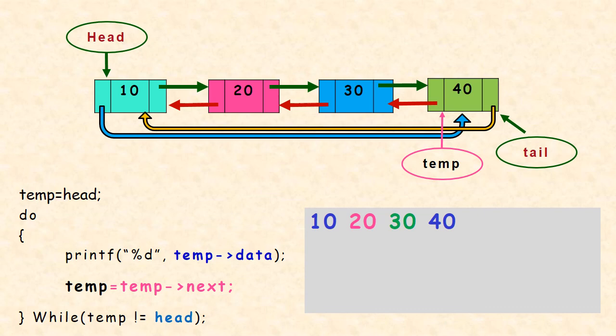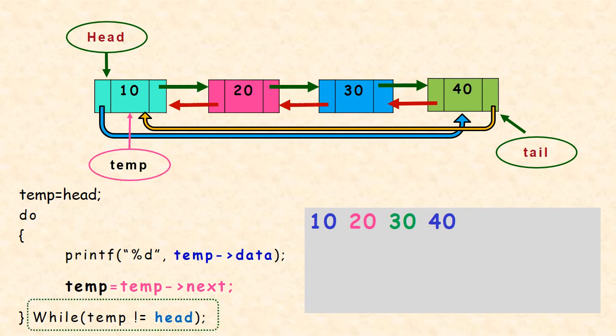Again temp is equal to temp next is executed. And what is temp next here? Temp next is head here. So now temp will point to the head, right? Temp is pointing to head now. Here the condition is while temp is not equal to head, but temp is equal to head now, so the loop will terminate. So this is the end of the process and the displaying of all elements is done. This is how we display the elements of a circular linked list. Whenever this condition fails, we stop the process of tracing all values.